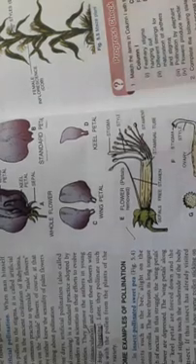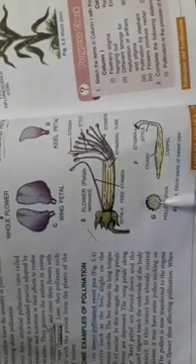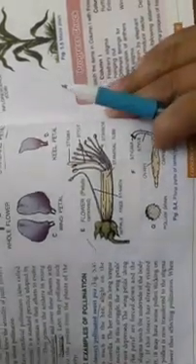Fine. So this was about the pea plant. This diagram may come for labeling or for identifying, so please read it carefully and go through it. And the second example is the wind pollinated maize. One is insect pollinated, which they have explained. The other one is the wind pollinated maize plant.